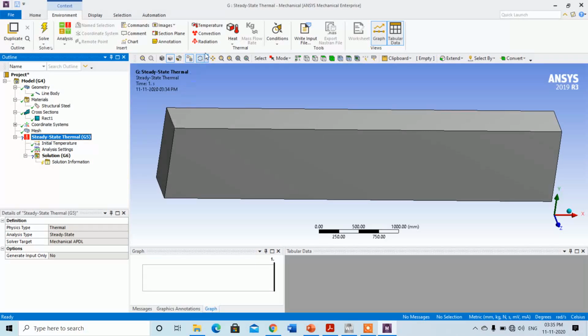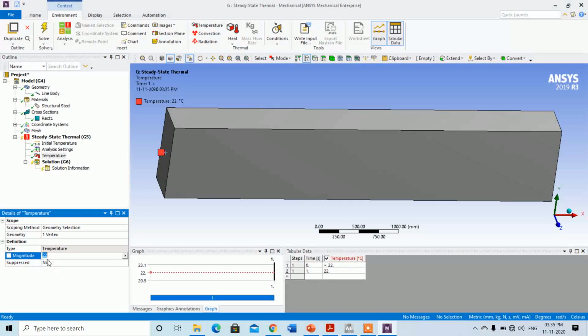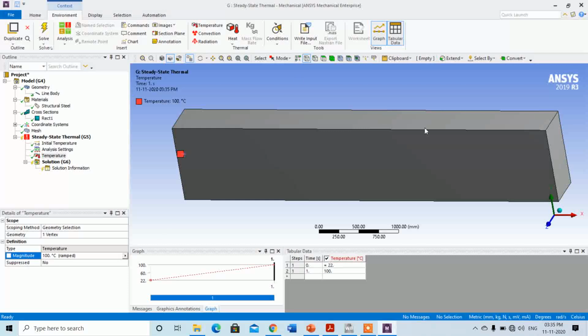Just click on that one, and you should select the edge, because this is not a face, it's a 1D element, a line. Click on temperature, give a temperature of 100 degrees Celsius. Got it? Then go to the next end, click on vertex again, and just give here 300 degree temperature. So what is the solution now?